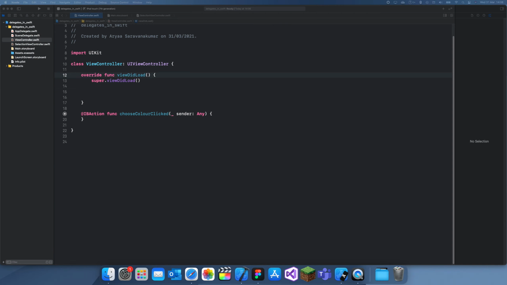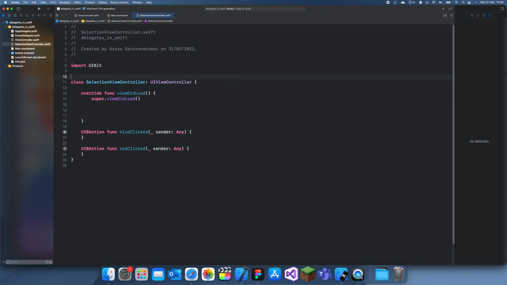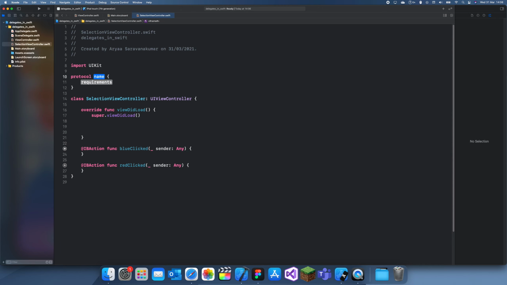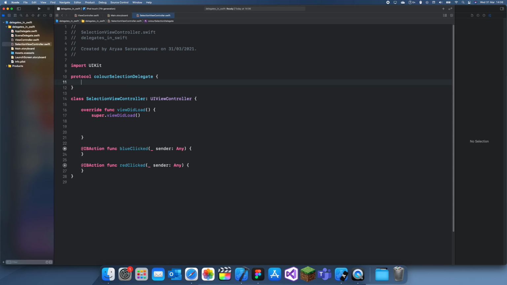What we can do is, first of all, we have to go to our selection screen, and we're going to have to create a protocol. So protocol, and I'm just going to call this, let's just call it ColorSelectionDelegate, and we're going to have a function, and this is the function which is going to return the color. So func choseColor,